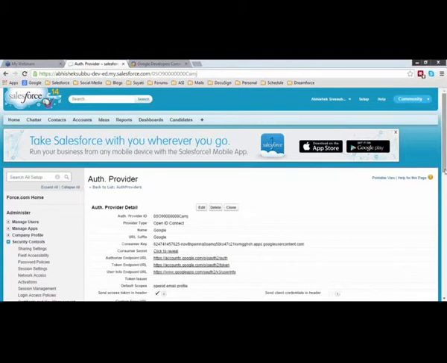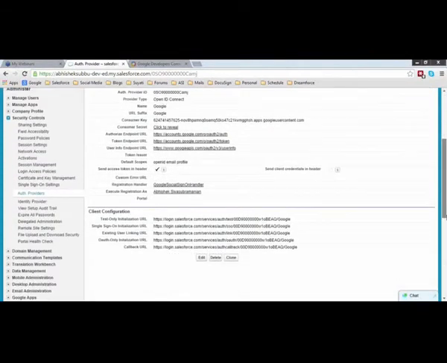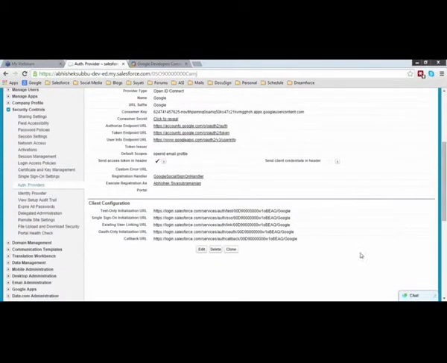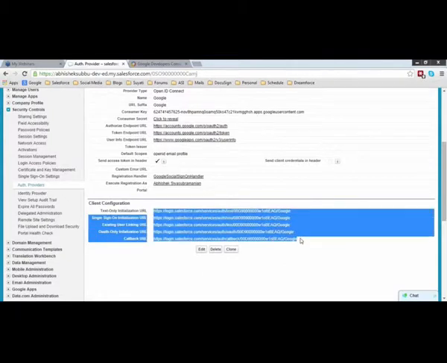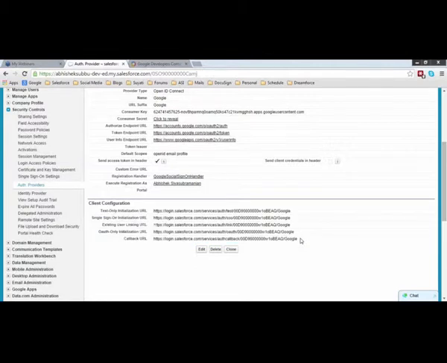So the moment you save this auth provider, Salesforce will give you a set of URLs: the test-only initialization URL, the single sign-on initialization URL, the existing user linking URL, as well as the callback URL.